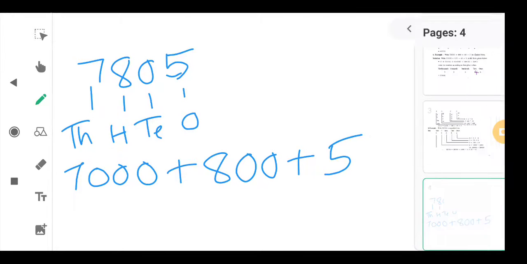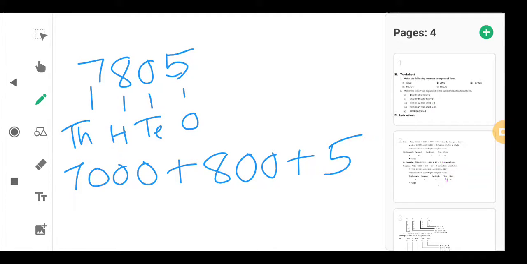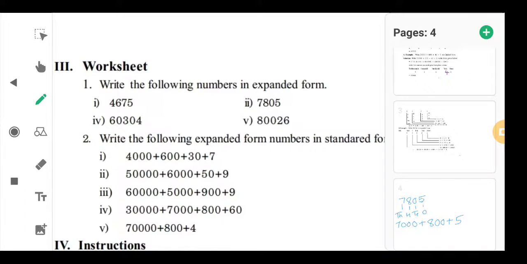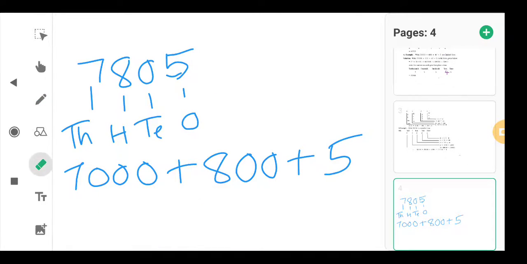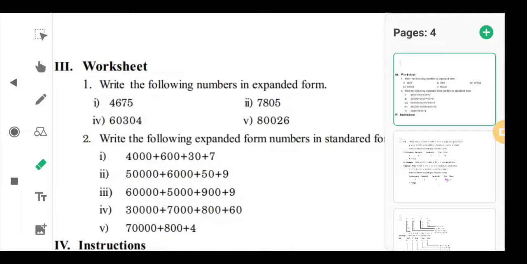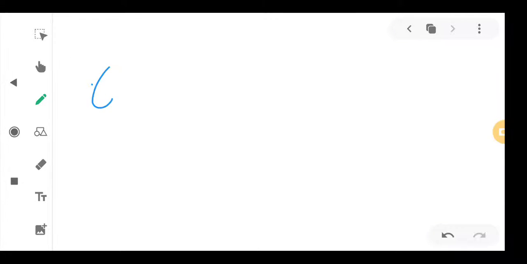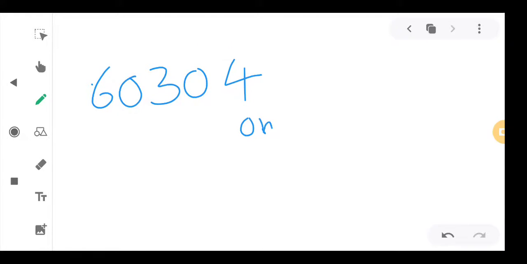Next one, 60,304. So what is the next one? 60,304. So again, ones place, tens place, hundreds place, thousands place,